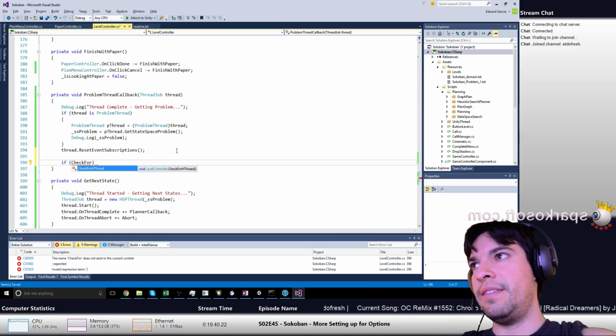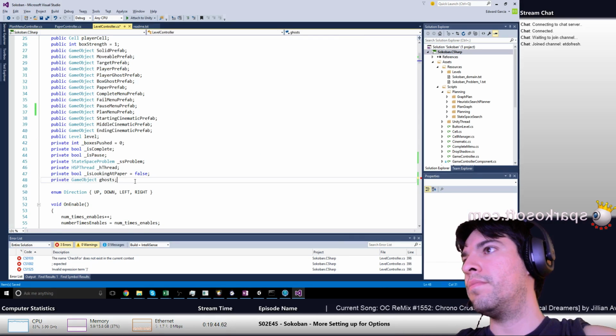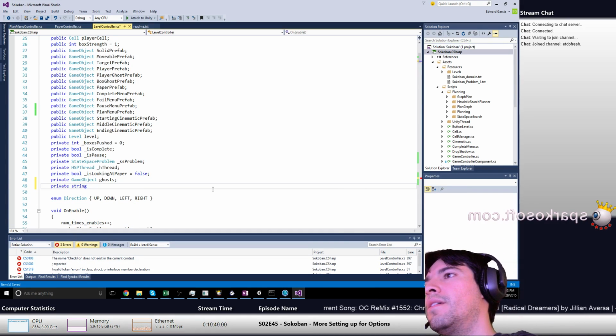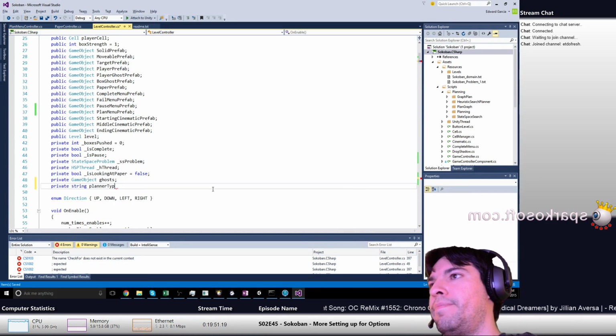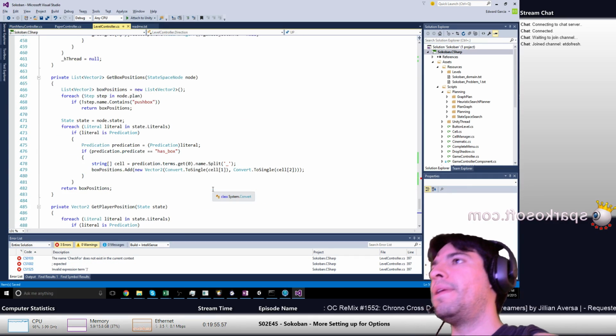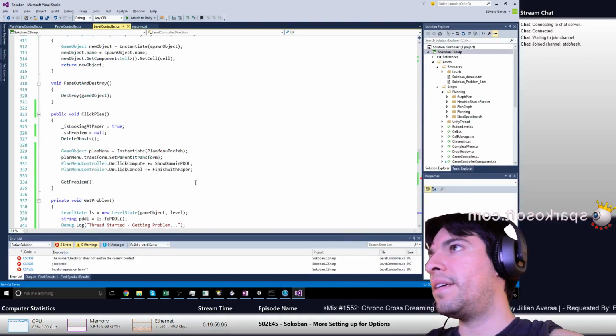Oh yeah, let's do this. Private string planner type equals null. Alright, so we got planner type, and every time we click planner, whatever that is,